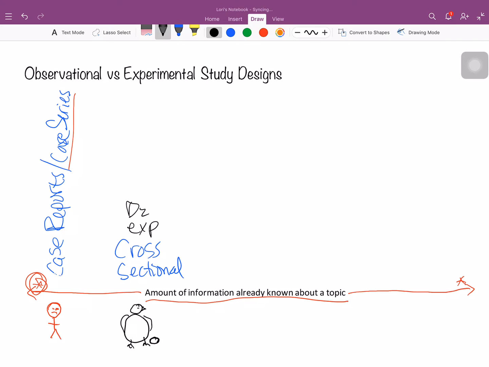Very similar to a cross-sectional study, and I'm going to say down here, maybe this is, I'll have to do some erasing if I do it this way. Let's go ahead and do that now. I'm going to put the case series also down here at the bottom, case series,